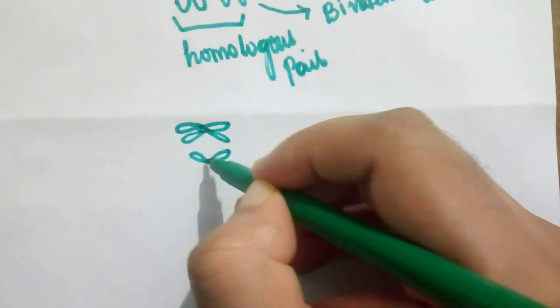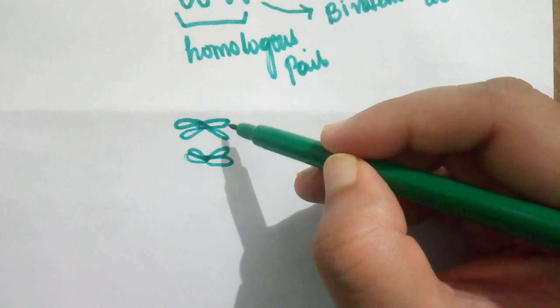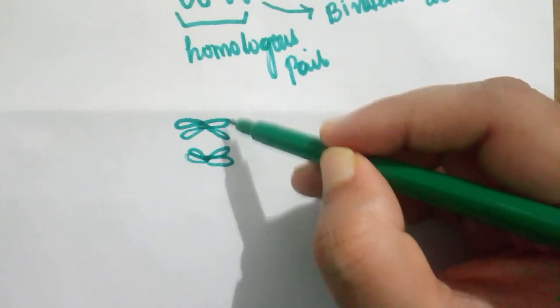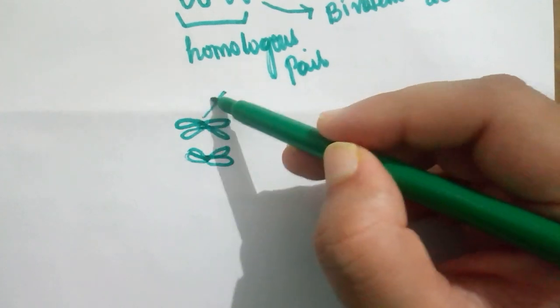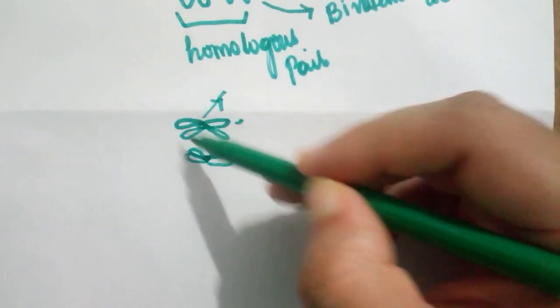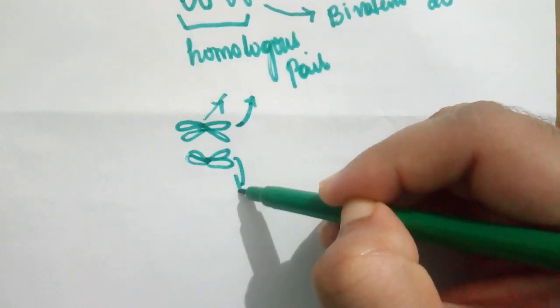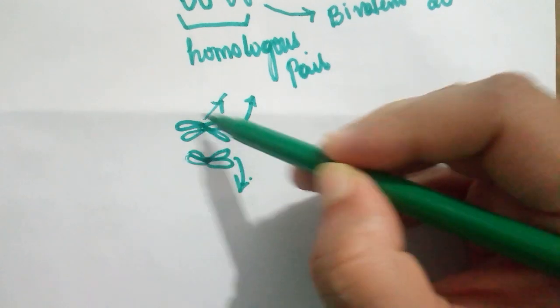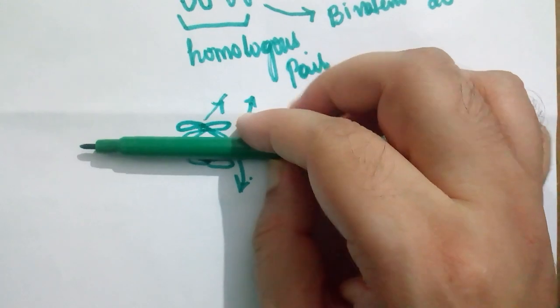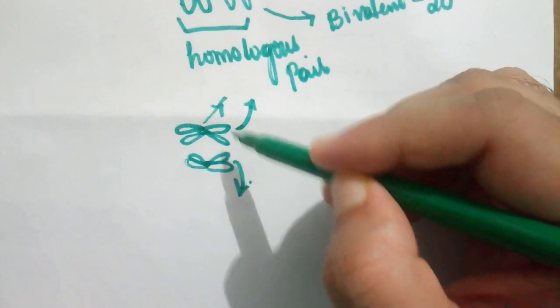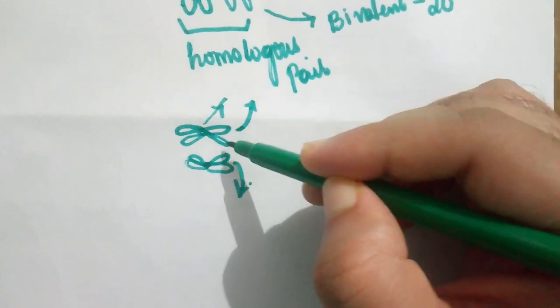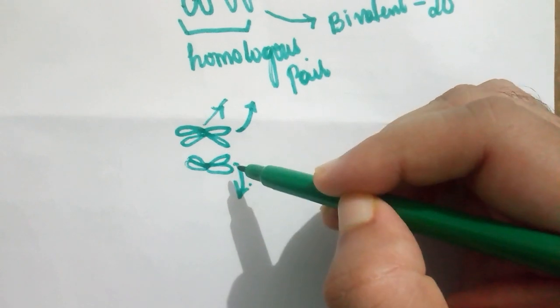During anaphase 1, the homologous pair of chromosomes align opposite to each other like this, correct? During anaphase 1 of meiosis 1, one chromosome of the homologous pair moves towards each pole. The homologous pair is aligned at the equatorial plate, let us assume. One chromosome of the pair will move to one pole, and the other chromosome will move towards the other pole, correct?